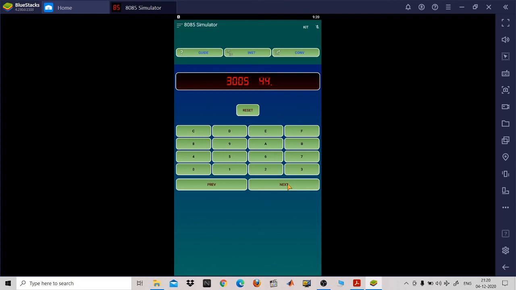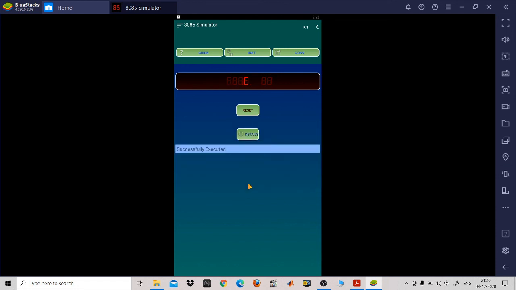Now you have to check whether we will get the correct result or not. But before checking the result, you will have to execute. For execution, one thing you have to remember: go to the starting address and execute. So reset, go to the starting address, which is 2000, and execute. After executing, an E will come on your screen.